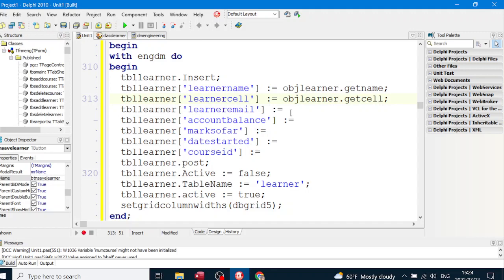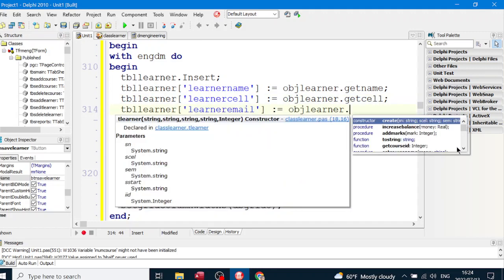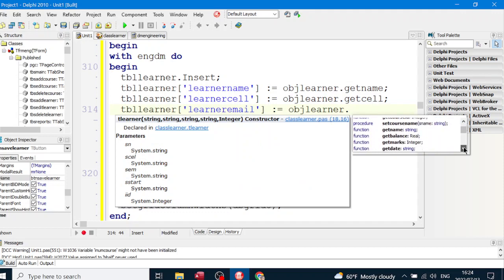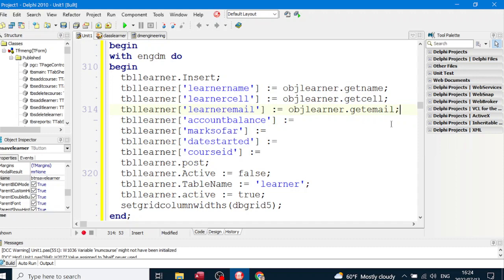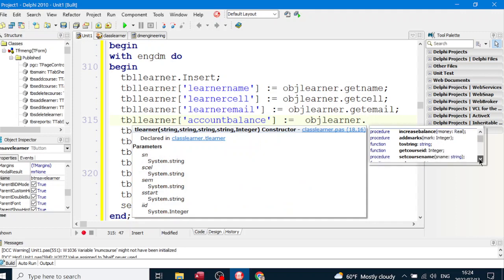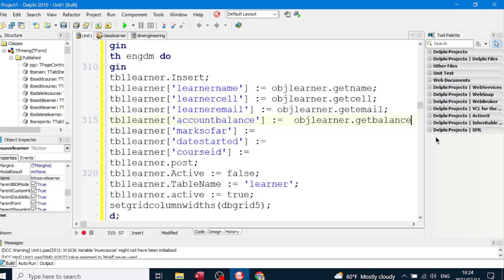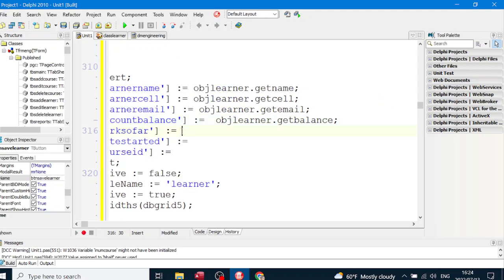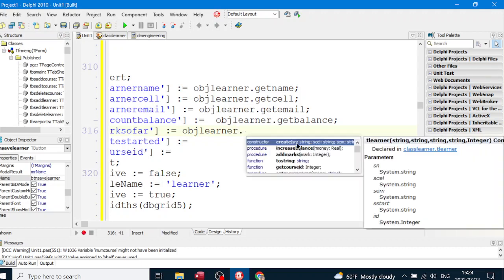And then obj learner dot get email, and then obj learner dot get balance. There it is, there. And then obj learner dot marks get marks,